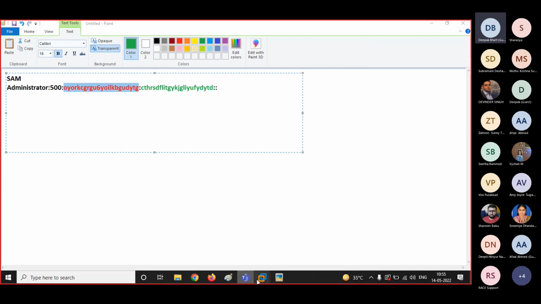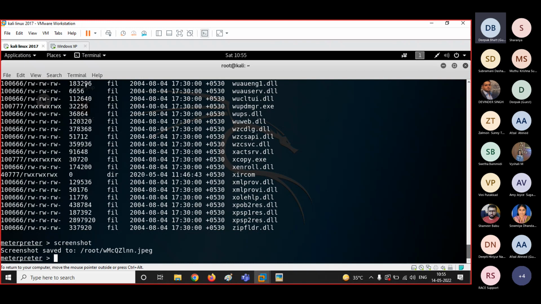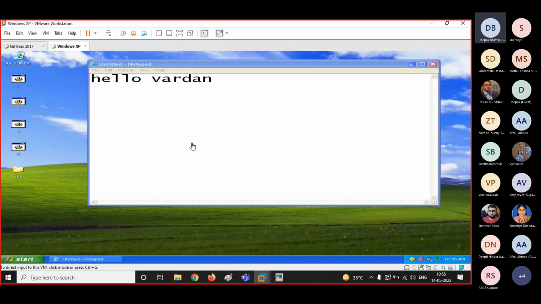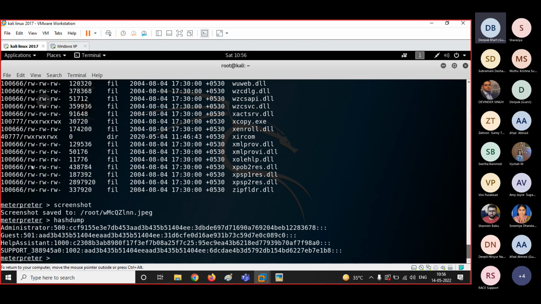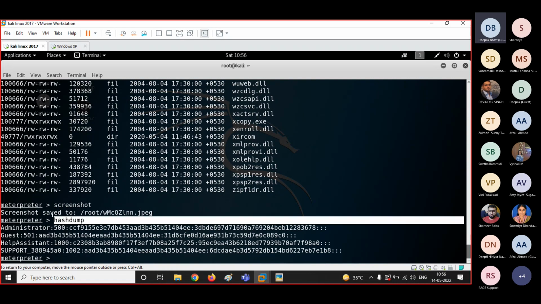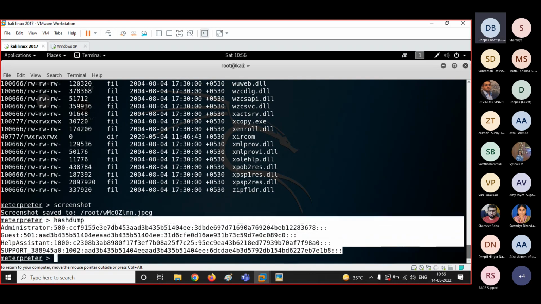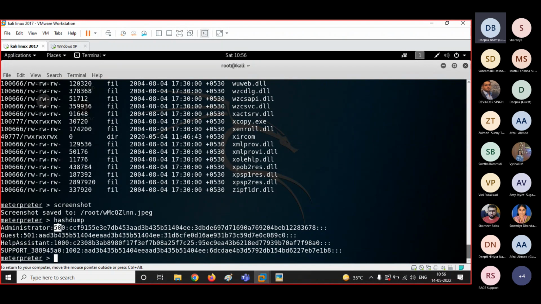So the next thing that we are performing over here, guys, is grabbing the password of this machine. Let's see, I will type the command hashdump. I'll type this command and let's see what happens. See, guys, as soon as I type the command hashdump, I got the following information. Now, how will you know which account is for the administrator? You'll be checking the credentials. See, for administrator, the credential is 500.